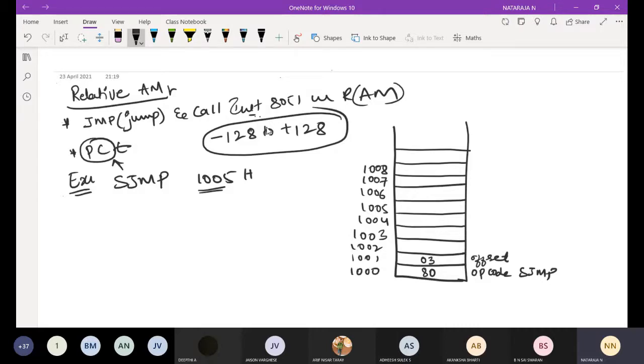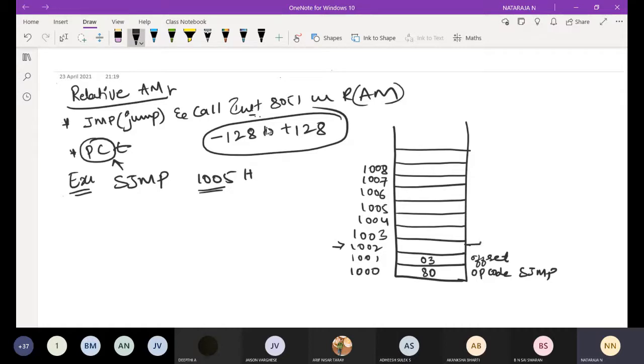Now, program counter plus offset. The program counter will show the next instruction. For example, at 1000 we have 80 and at 1001 we have 03. This is the SJMP opcode, then the offset we have some data. Now the program counter will be shown here. It means the next instruction to be executed, that we can call the program counter.